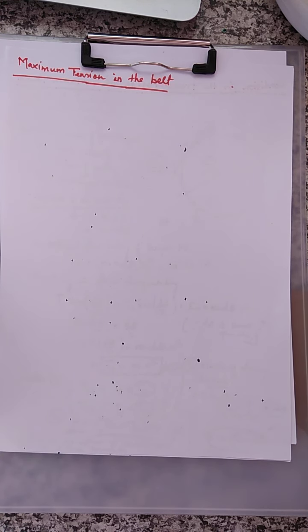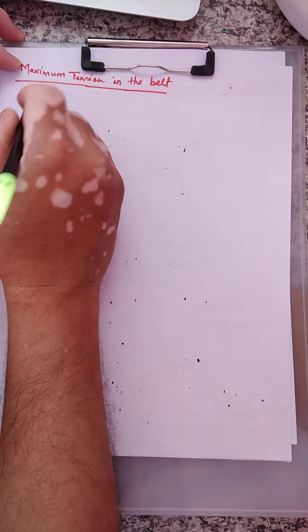the belt are. In that way we can calculate the maximum tension in the belt, and in the other form we can calculate the maximum tension as the tension in the tight side plus the centrifugal tension. And when we have to equate them, let us find how it will be formed.